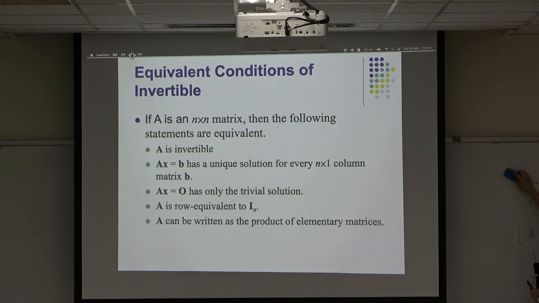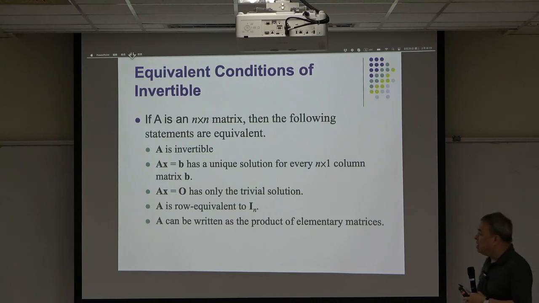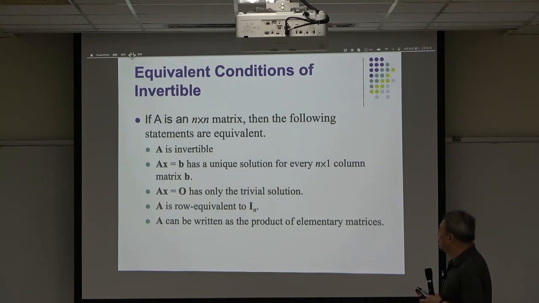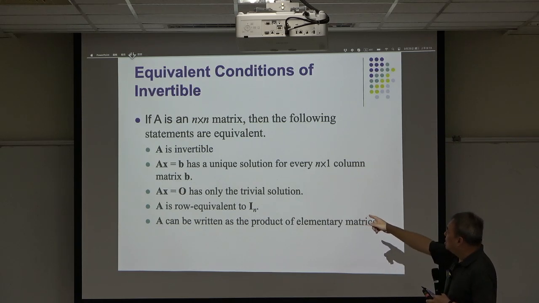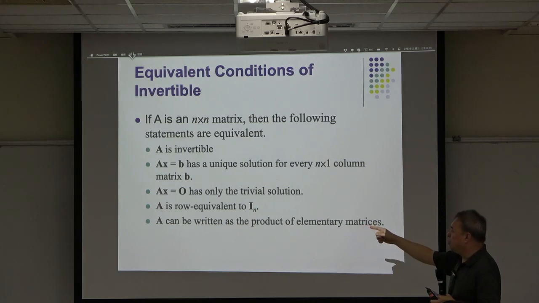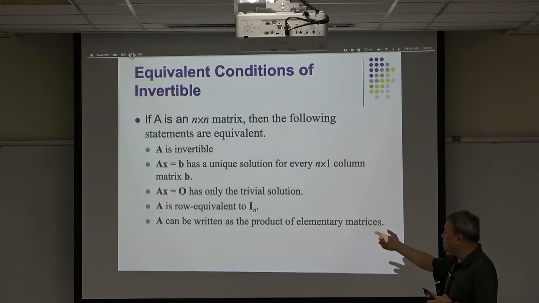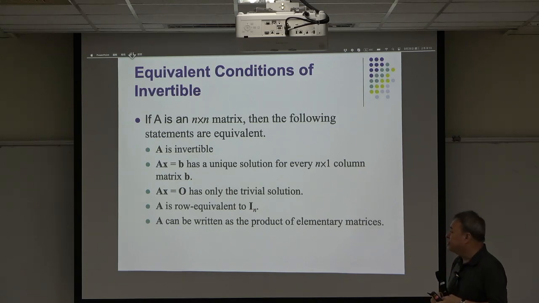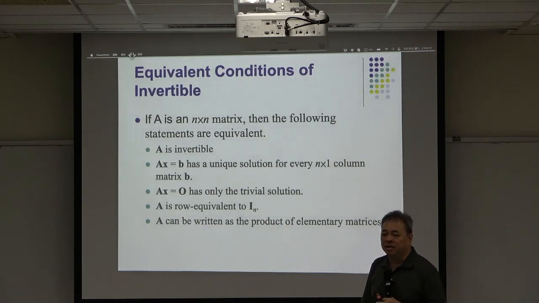Okay. So now, from the second one to the third one, it's very, very trivial, right? Because the second one says AX equal to B has a unique solution for every n times 1 column matrix B. And then the third says AX equal to O has only the trivial solution. AX equal to O is what we call